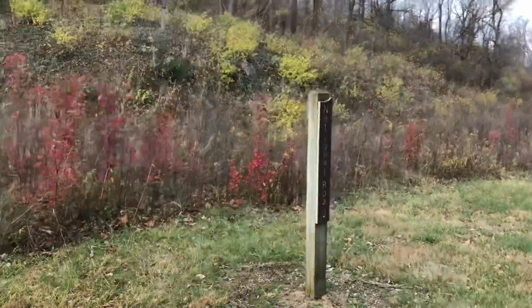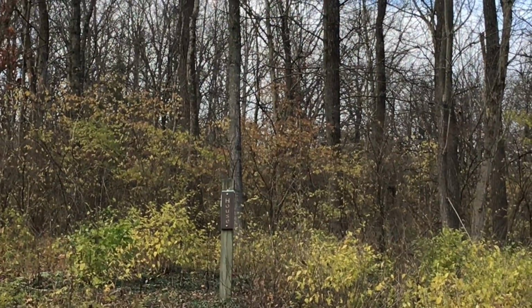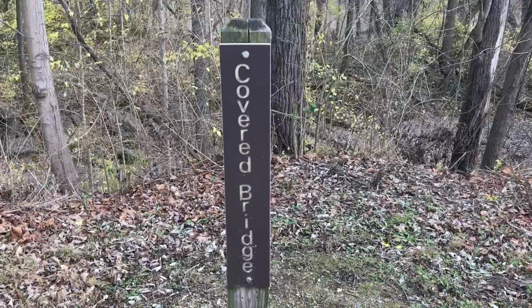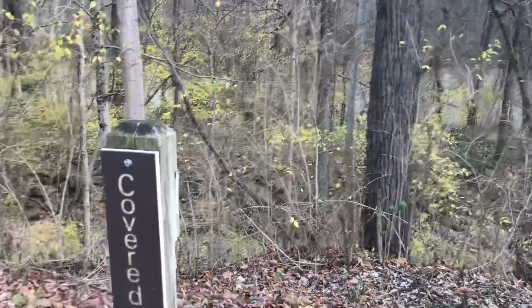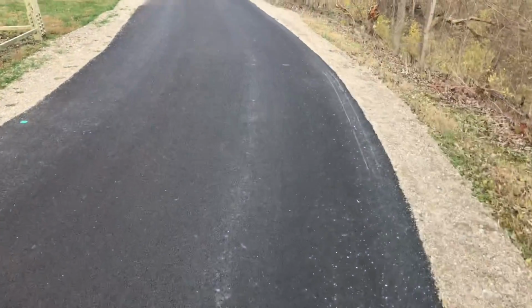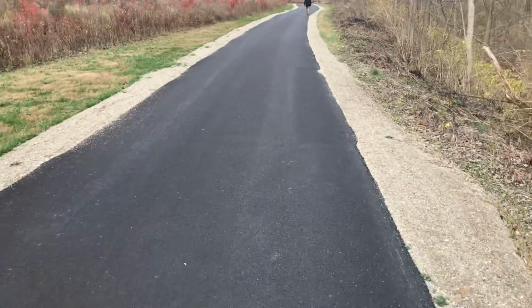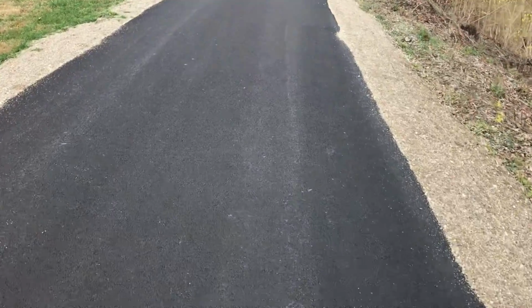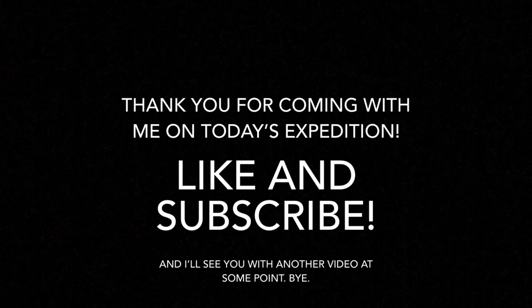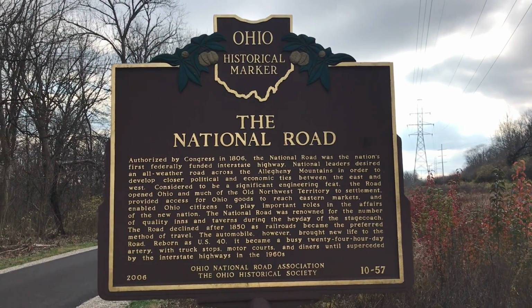This is the first national road right here. And then up there, apparently there used to be a house. They weren't too in detail with that one. And apparently right here was a covered bridge at some point. But going on to the last sign we saw, or I guess the 2 before, we were actually walking on the first federally funded road in Ohio. This is what guides you through Tadmor. So big transportation outpost with the river and the first federally funded road. Just think of how many feet have walked on this. Ohio has the first federal